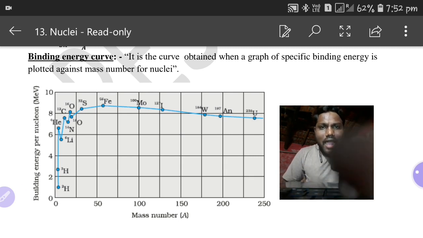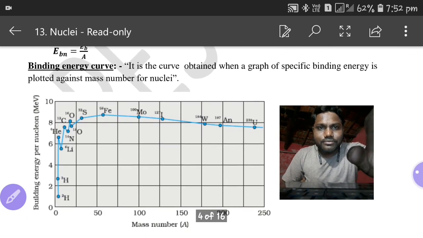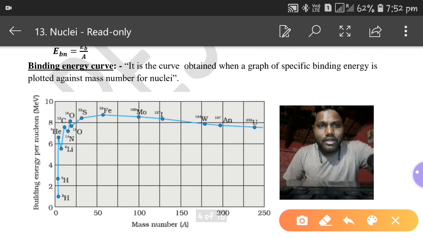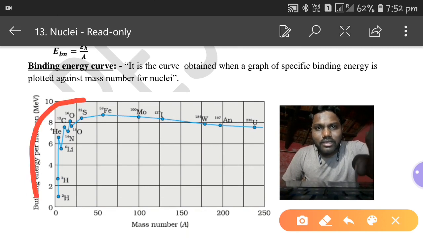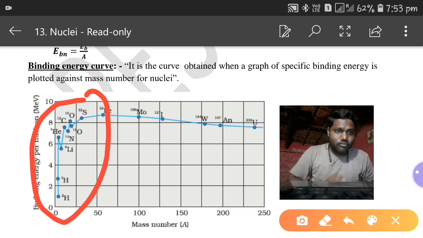Yes, there is one more important characteristic this curve has. In the lighter nuclei, that means in this region, there is one more important characteristic. The nuclei with an even number of protons and an even number of neutrons